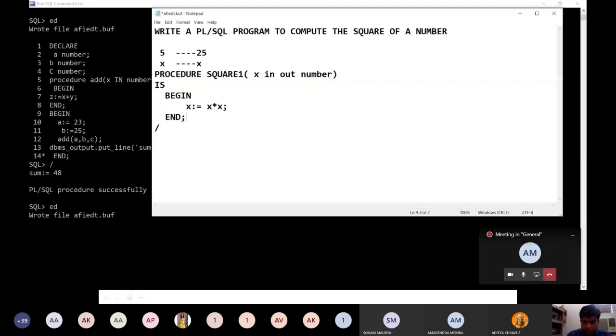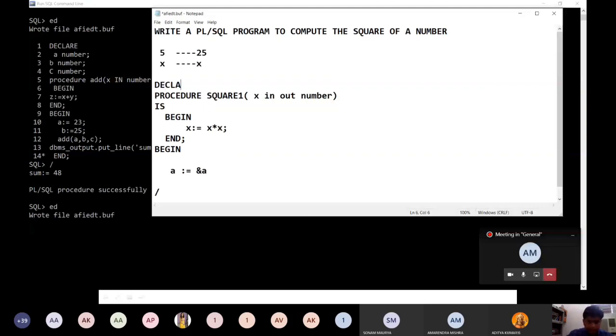Now we call this procedure in the main program. So let me start with the beginning, and see here we have to read a number. Let a be any number, input through the user. But before that we have to declare it first.